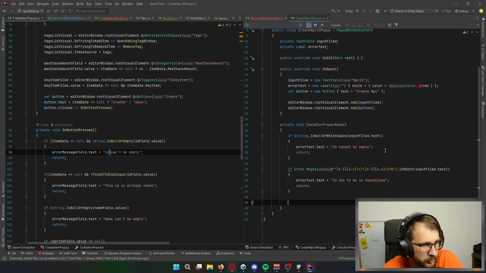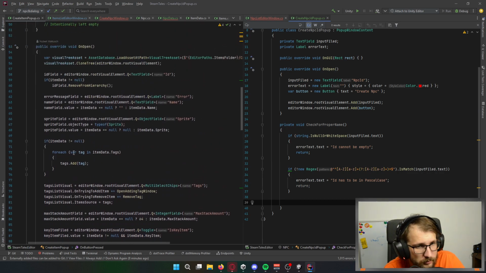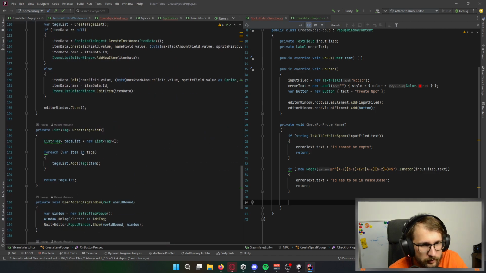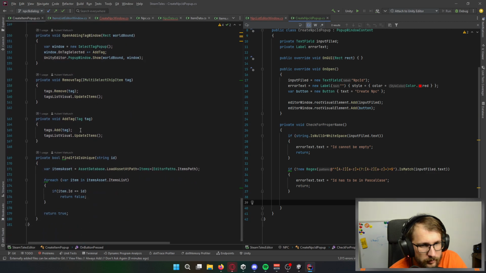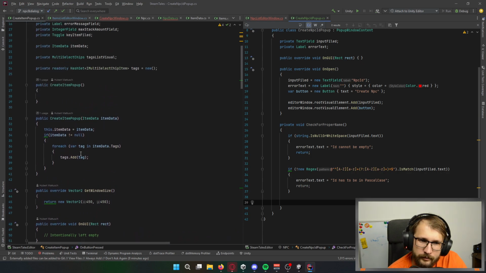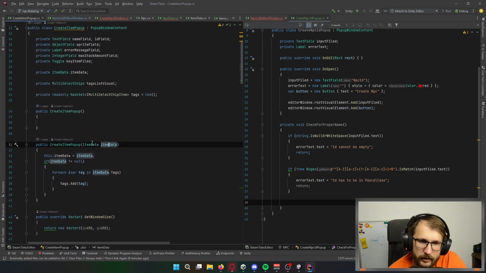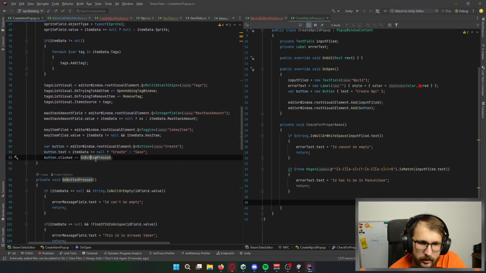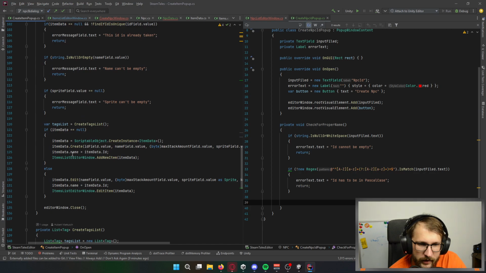So creating NPC. So I'm pressing it. Where did I... So when I'm pressing the button pressed, I'm checking everything here.